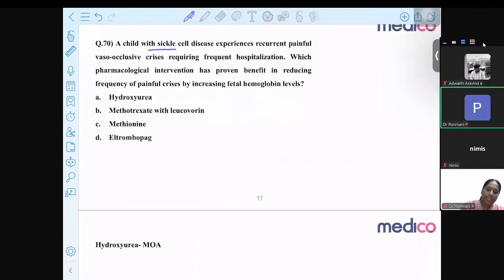A child with sickle cell disease experiences recurrent painful vaso-occlusive crisis. Which pharmacological intervention has proven benefit in reducing the painful crisis by, this is very important, by decreasing the fetal hemoglobin levels? Okay, so now we will look at the